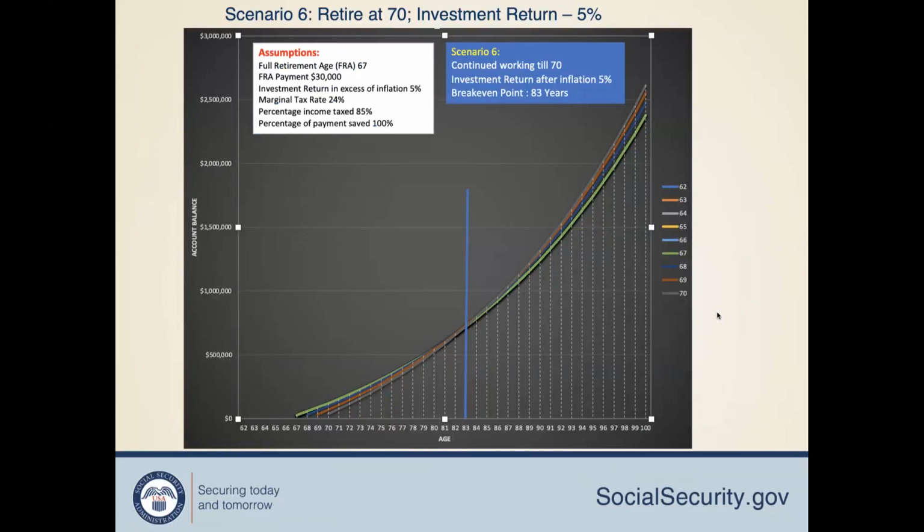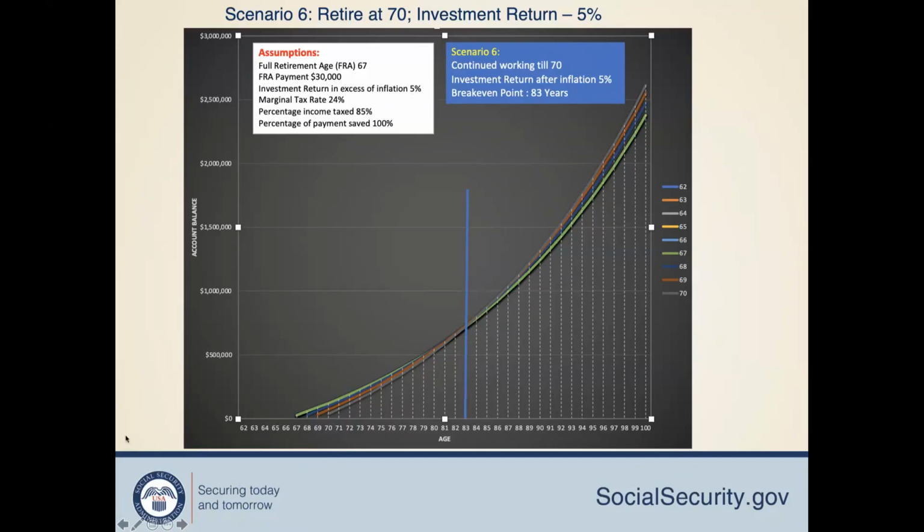Mm-hmm. Whatever Social Security money you collect, because it is 67 to 70, you only get 2 or 3 years of interest building. That is not enough to compensate for the additional amount you are going to get, 8% per year, so 24% extra. So it is not compensating. That is why the break-even is at 83. Even if you get a 5% interest rate, it doesn't have that much impact.